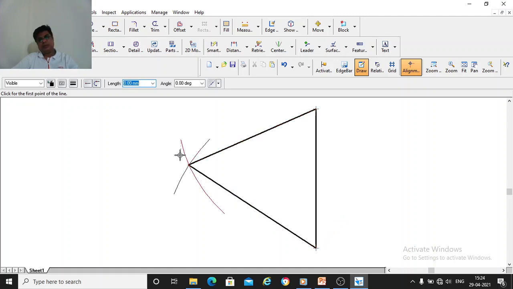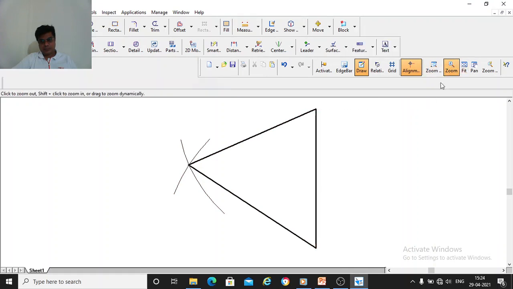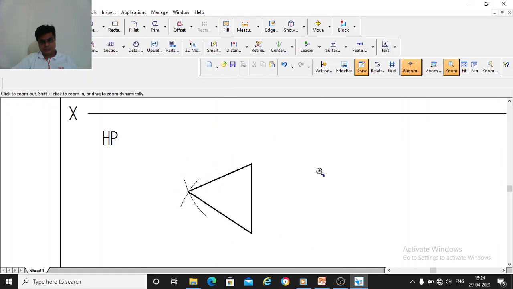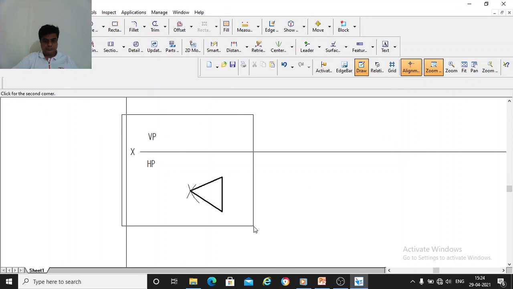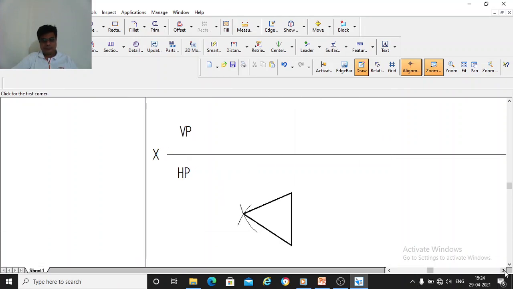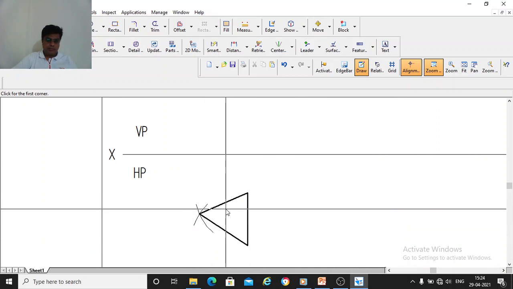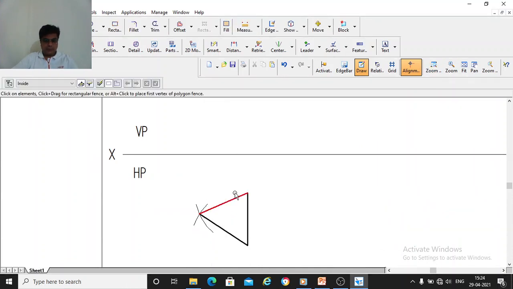So this is the triangular lamina top view with this edge straight and vertical, and the corner is on the left side. Okay, so you can draw the top view somewhere here below this XY line. You can leave some small gap and draw it here, no problem. Now this is the top view now. So you should give the dimension.